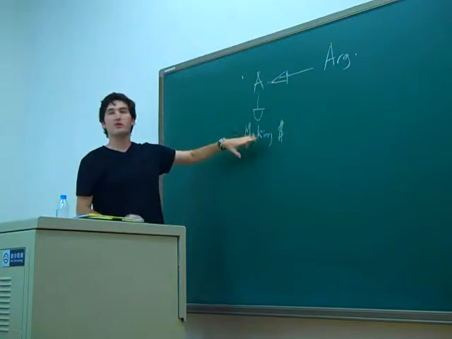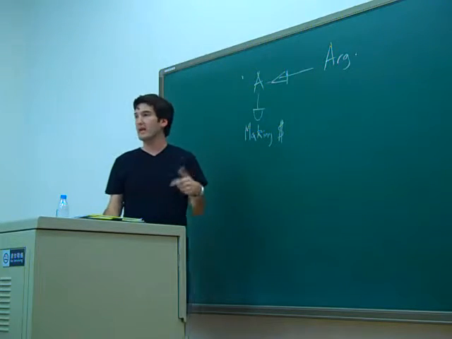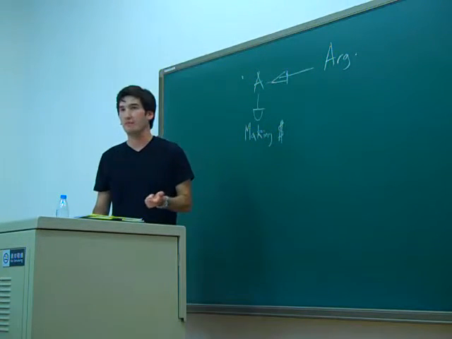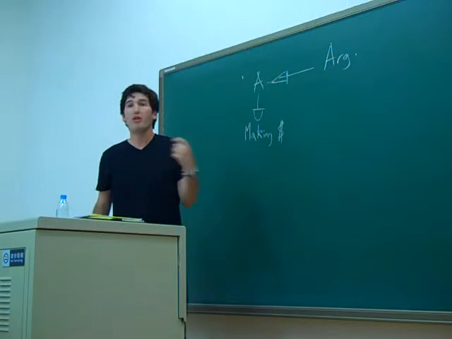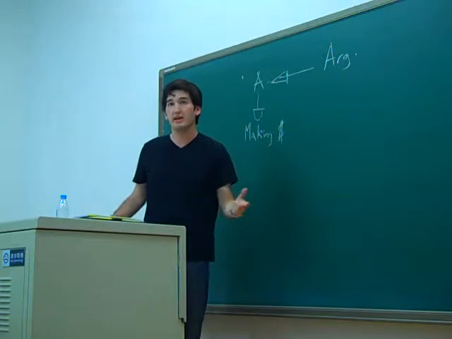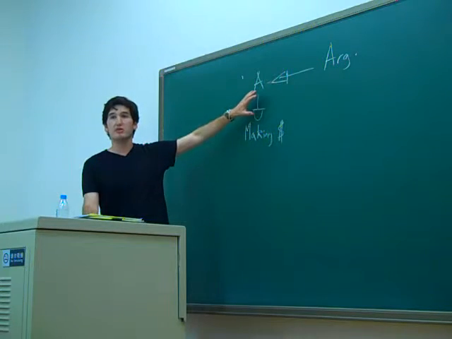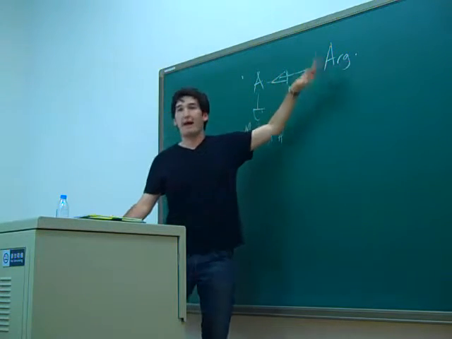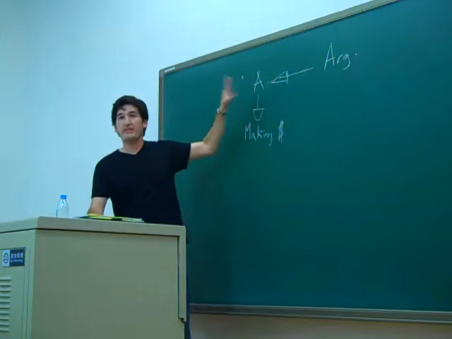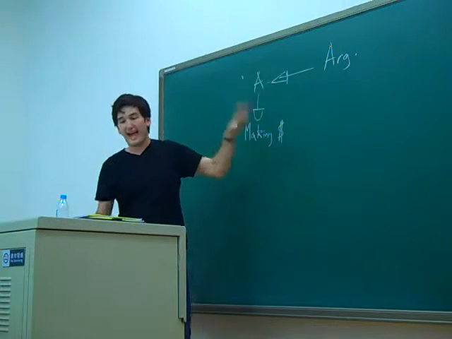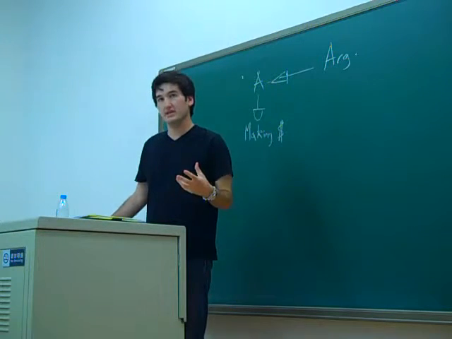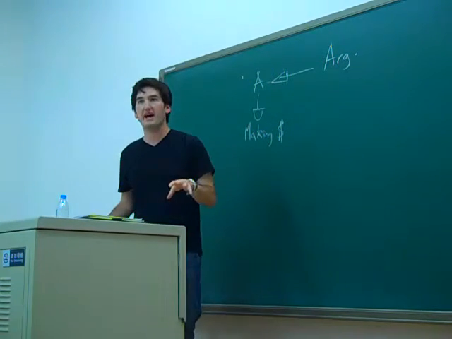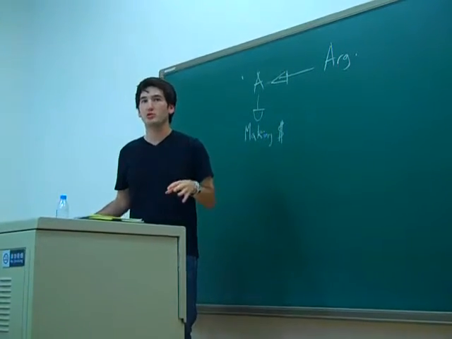If you attack this value, if you can show in rebuttal why making money might not always be the most important thing, maybe human rights are more important, maybe environmental protection is more important, maybe there are other ways to make that money, then this value isn't necessarily the most important thing, and these arguments don't matter as much because they all rely on this being the important value. So attacking and denying the value framework is a good idea. Now you should be careful here because some values seem to be overwhelmingly true and are